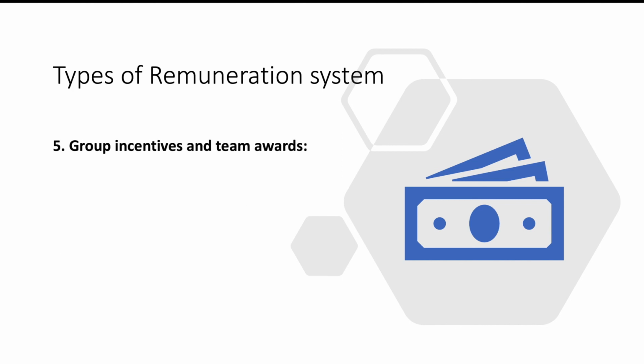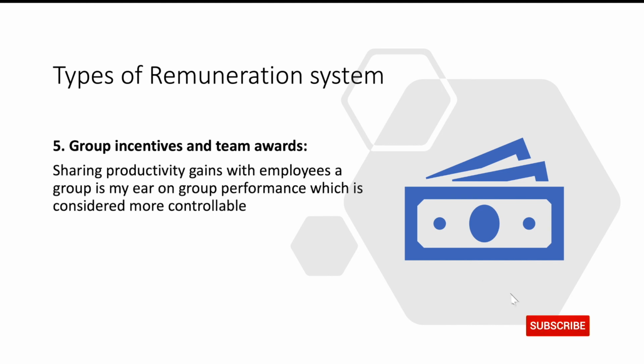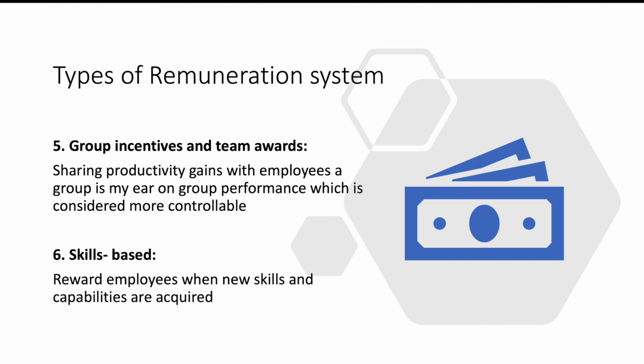Now the fifth is group incentive and team awards. Sharing productivity gains with employees. Pay is based on group performance, which is considered more controllable. Skill based: reward employees when new skills and capabilities are required. It's a sum up of